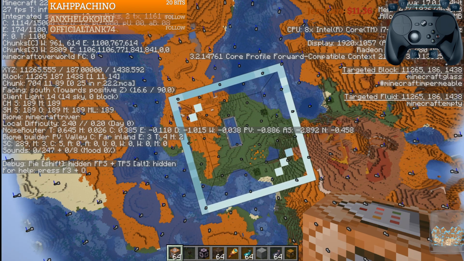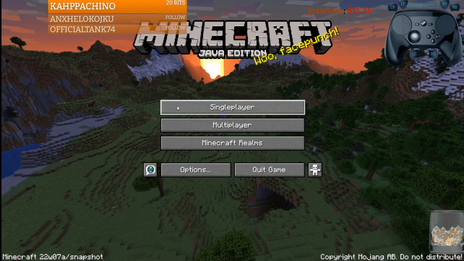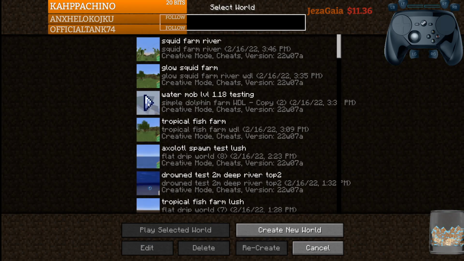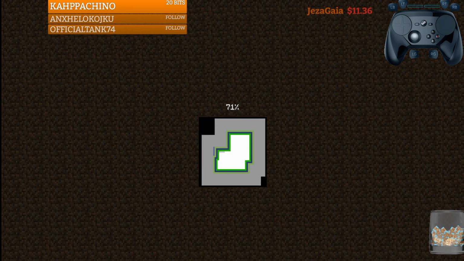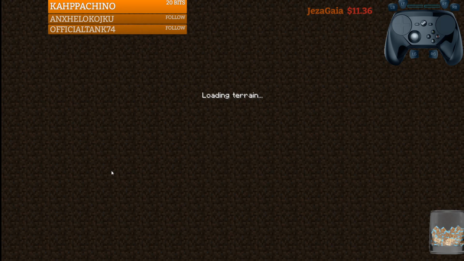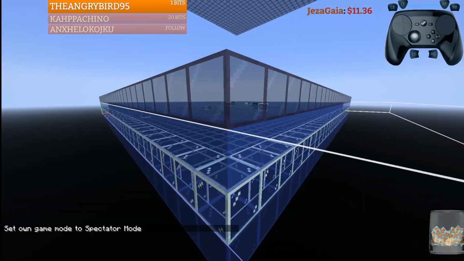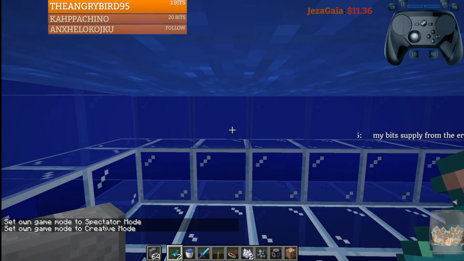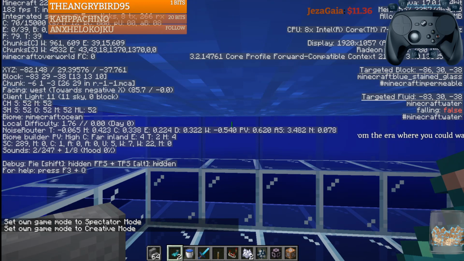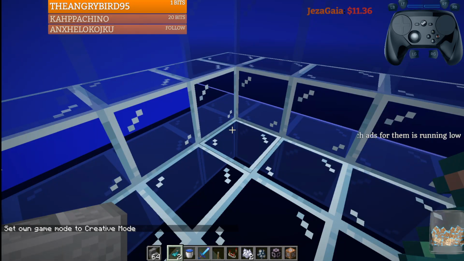Yeah, so we're not seeing any squids here. I'll show you guys our testing world where they are spawning in. So here we have a platform. This is a platform for glow squids to spawn. They just need a single water in order to spawn in at Y level 30. That's 30. So if we fill this bottom part in